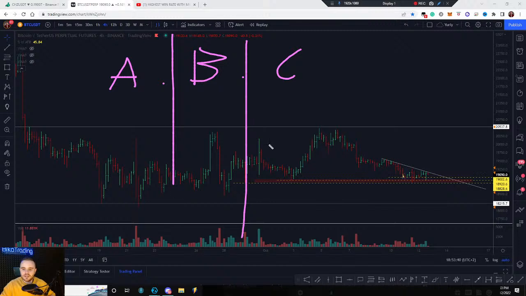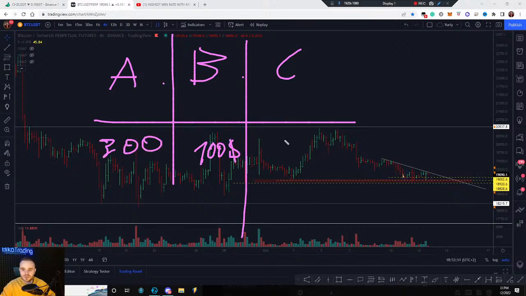Based on what type of idea we trade, I use different volume. Here I use my risk per trade 100 USD. Here I use risk per trade 300 USD, and here I use risk per trade 25, sometimes 50 USD. I classify my trade ideas based on their power and win rate, because A-type ideas happen several times per month, maybe 2, 3, 4 times, but win rates could be 90% and the potential reward is many times bigger. That's why on such ideas you should bet a bigger amount.